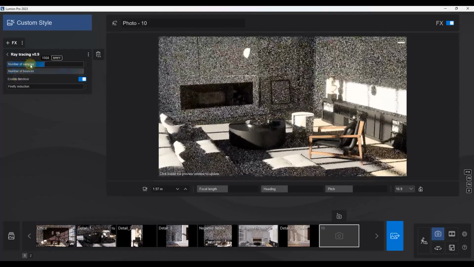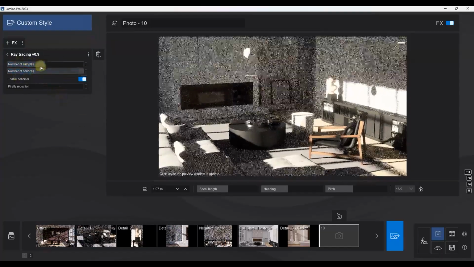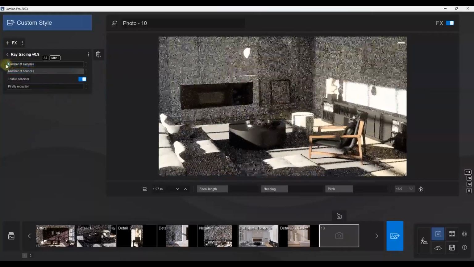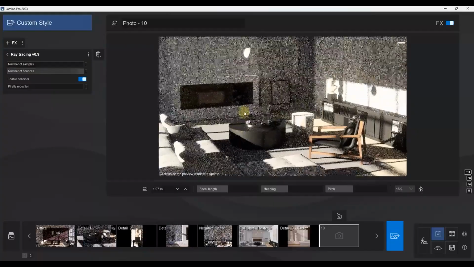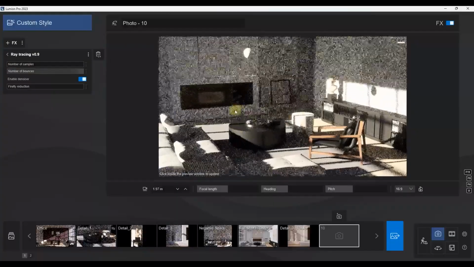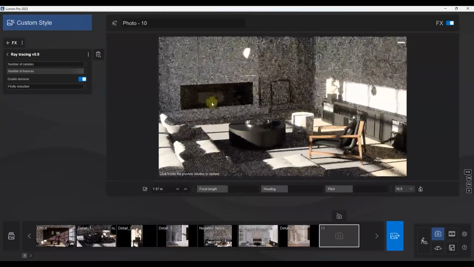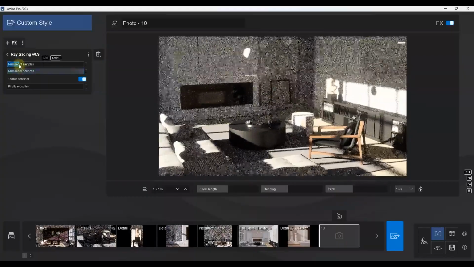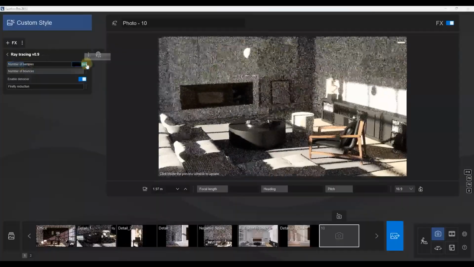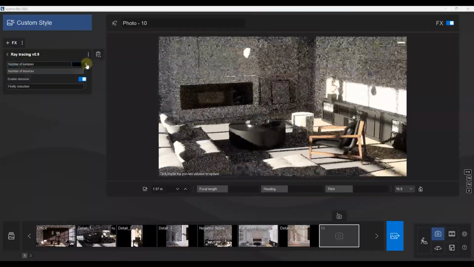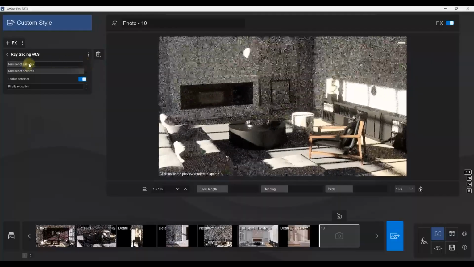Okay, so you've got 4 options over here that are going to adjust the way that this works. So the first is the number of samples. Samples basically refers to the number of light rays that this is shooting out per pixel. So basically it's the number of calculations that this is doing for those pixels. So if you want this to do more calculations, you can drag that sample number up. You could also click over here and type in a value. So say I wanted like 525, which is a random number, but you can use that to adjust